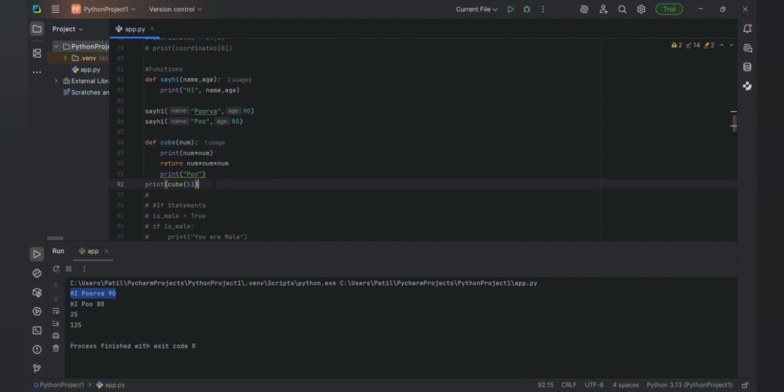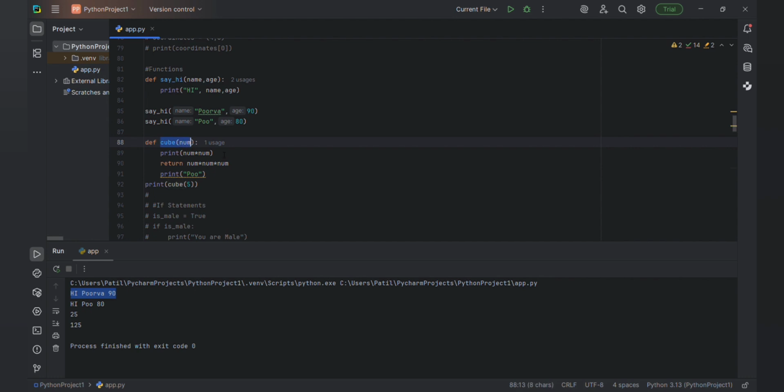And the next thing is the same, but we are printing the cube of the numbers. See, def cube is the function name. Function name you can give anything. If you want to add an underscore, you can add it, but here also you have to change the function name.